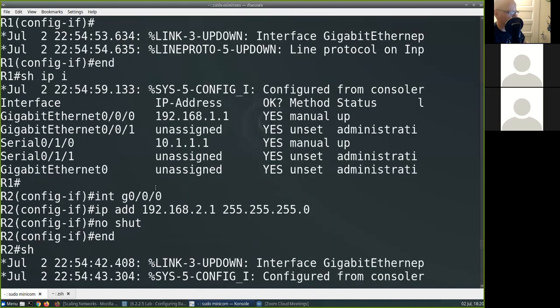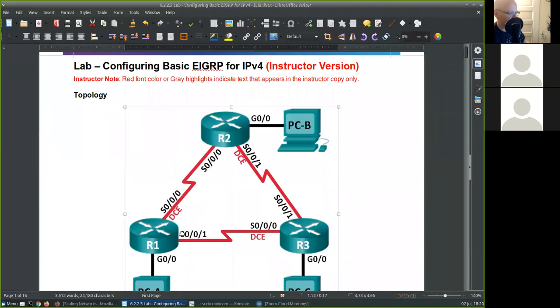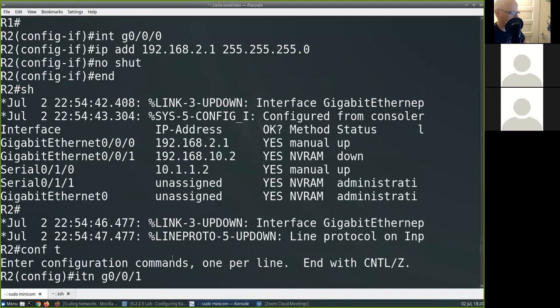Remember, PCA is on this network, the 192.168. And then we're on the 10.1.1 network between the two routers. Now, if I had my third router, we'd also want to identify this network right here between router 1 and router 3. So we're going to identify all 3 routes, just very similar to what you do with RIP,